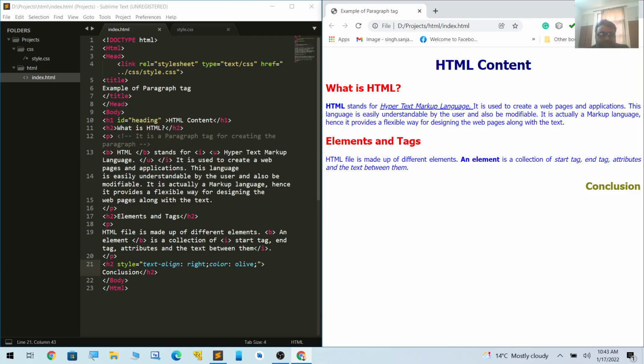Now, even if I use a class, let's say I am specifying a class as para, or even if I specify an ID, that is heading. Now, according to you, what will stay in effect? If I run the code now,